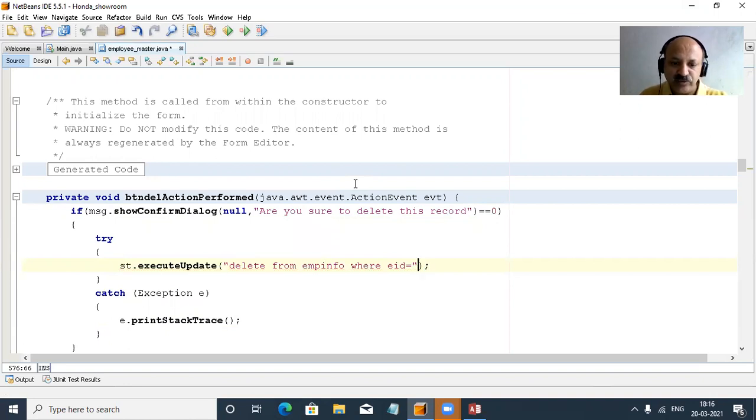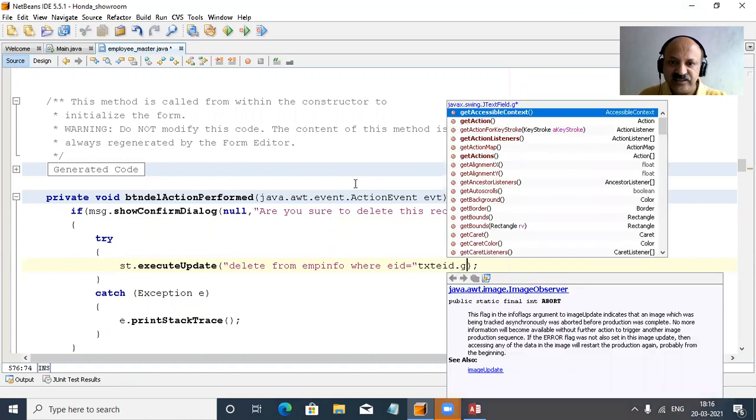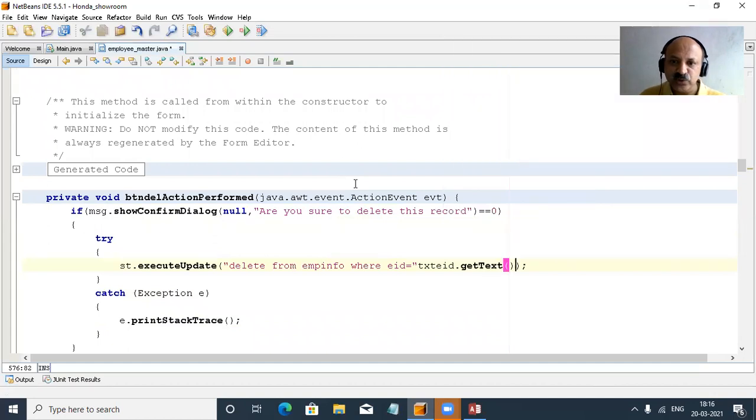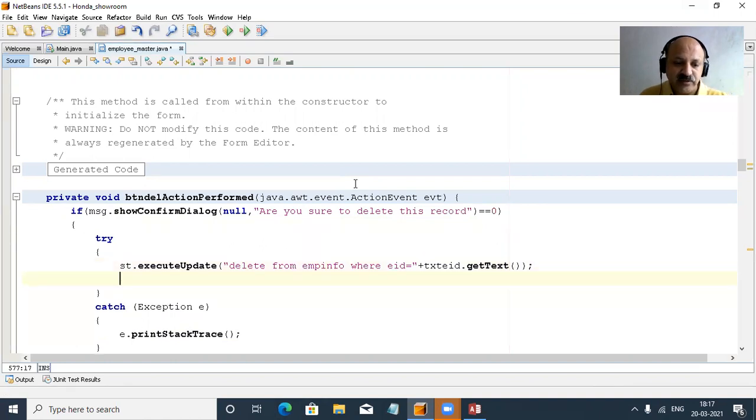So here we give the text field eid dot getText, and here we put the plus. So perfectly, based on the employee ID, we can delete our record.